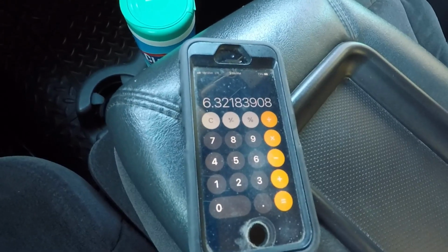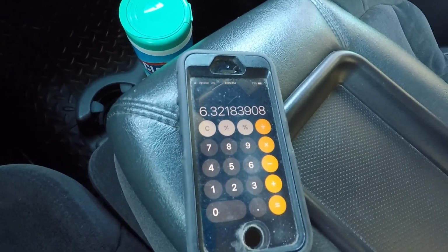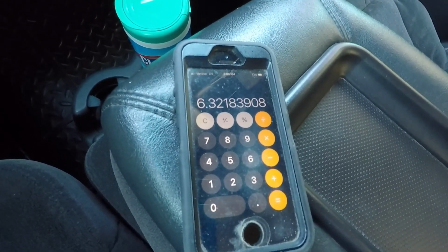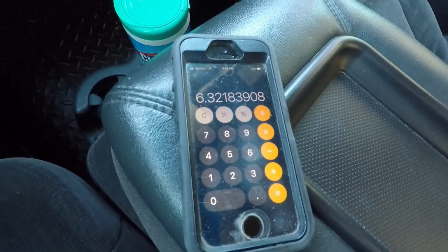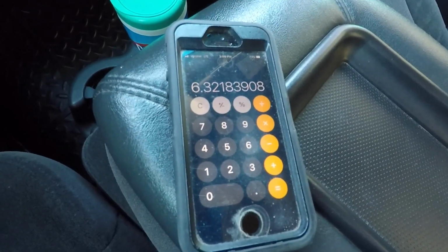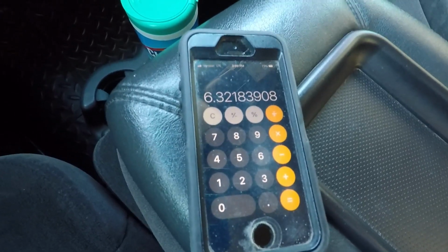So can we attribute that to the maintenance, that I changed all the fluids and spark plugs and cleaned the mass airflow sensor, etc.? It's very, very possible. You know, we got about the same mileage, pulling more weight, with the heavier trailer, with the ballast box. Could I say it was a little more interstate driving? That's also a possibility. I may have done a little more interstate than in town, but it's safe to say